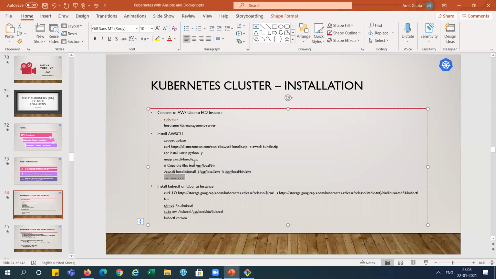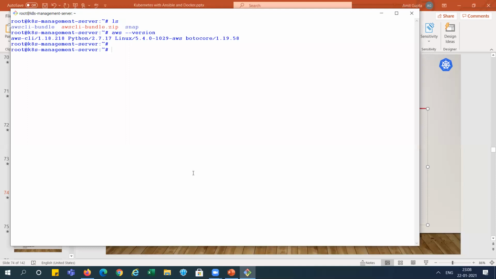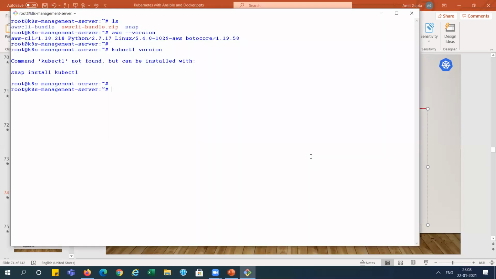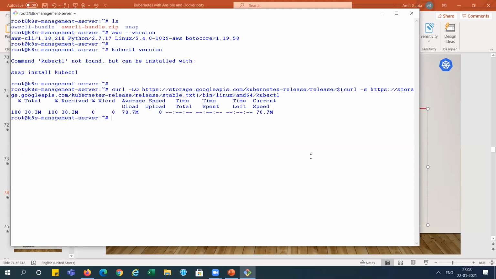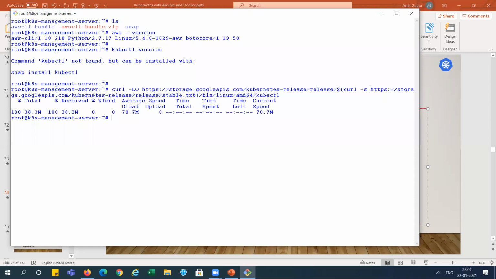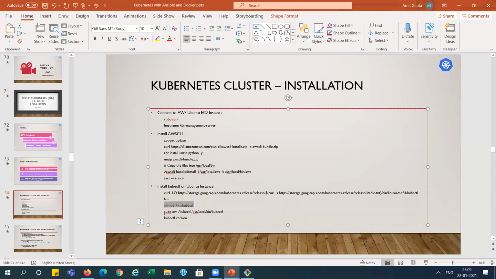Now we need to install the kubectl. You can see here we don't have kubectl installed here. See, nothing is there. So we need to install it. We are getting this package. Now I am just giving the executable right to kubectl.